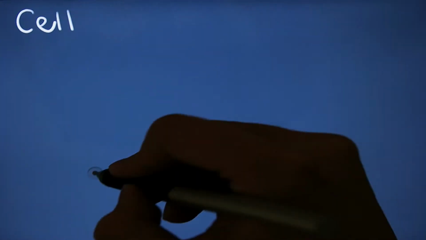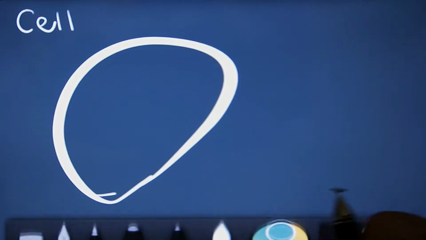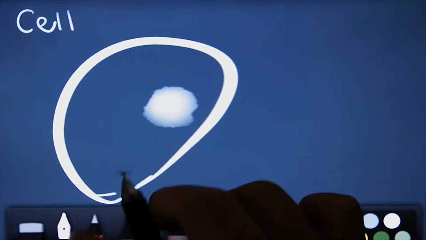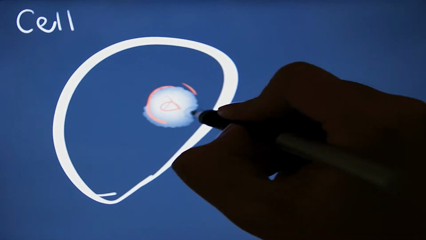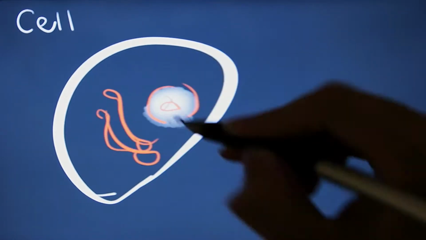Cells are the smallest units of life. They are classified into prokaryotic and eukaryotic cells. Each component of a cell has a specific function that is vital for its survival. The nucleus is the control center of the cell, which instructs the endoplasmic reticulum to make and transport proteins via